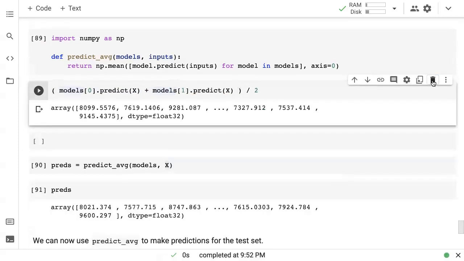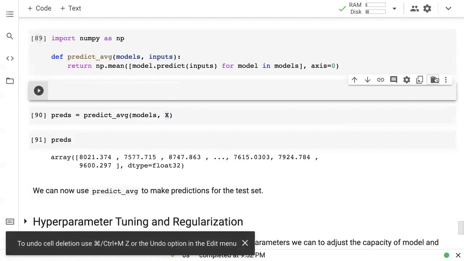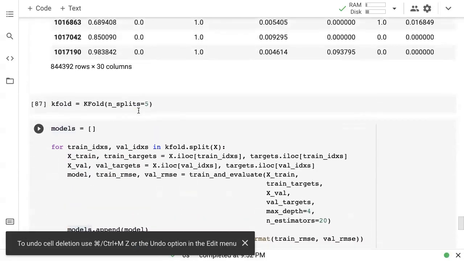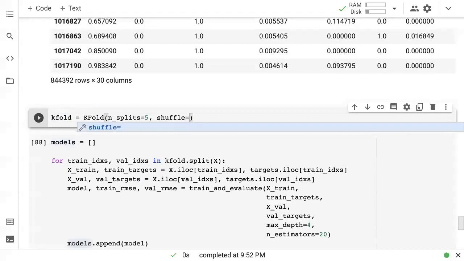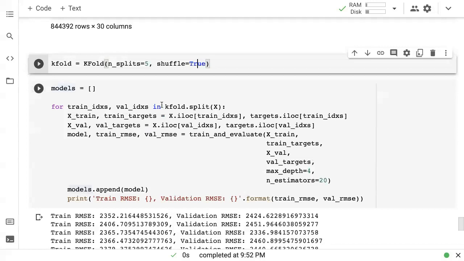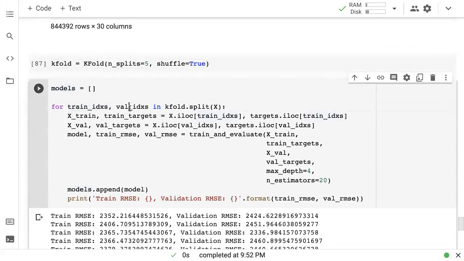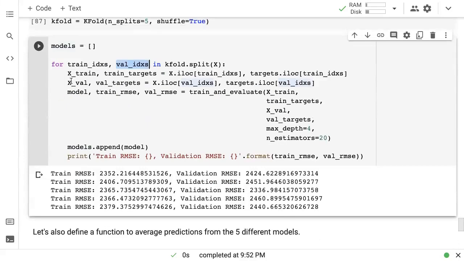Okay. So that's k-fold cross validation. You use the k-fold class to create some splits, and you can also do randomization. Let's say you want to first shuffle the rows before creating a split. Then you can also specify shuffle equals true. Might be worth a try. And then you put it in a for loop. You get the train indexes, val indexes for each split. You get the actual data for each split, the training and validation.